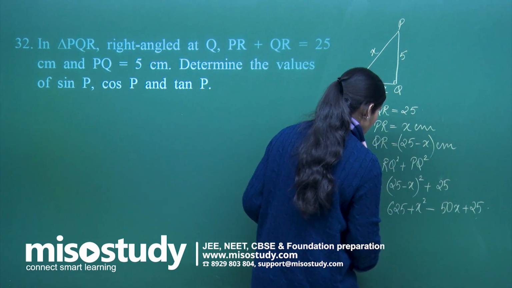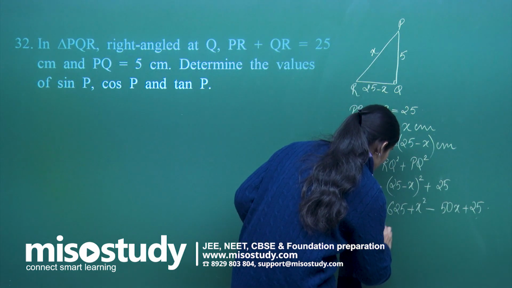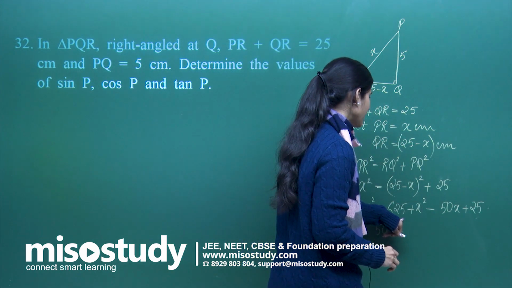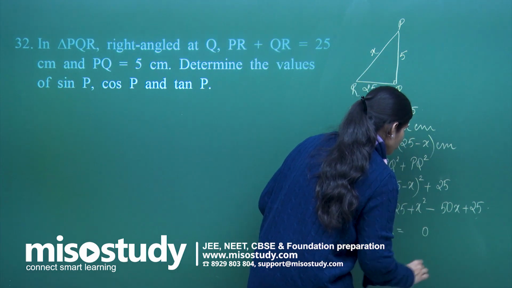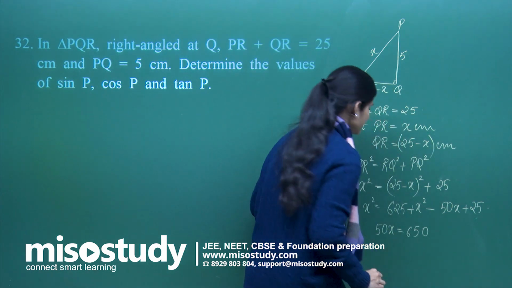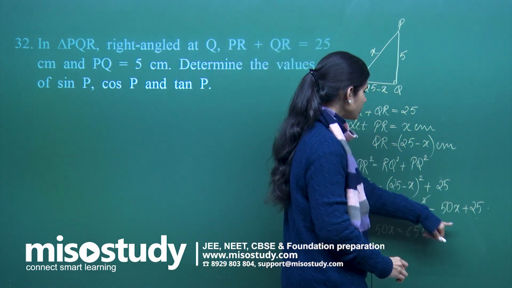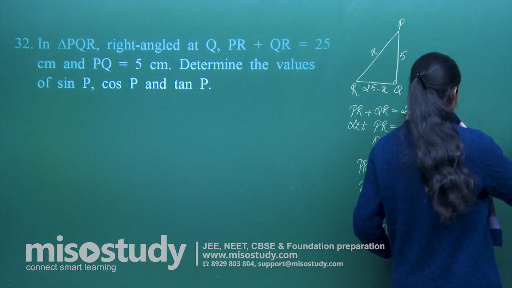Clear? So you have x square actually gets cancelled out. You are left with 50x equals 625 plus 25. So this gives you 5 plus 5 is 10, 2 to 4, 5, so 650. Because x square gets cancelled out, then you have 50x is equal to 625 plus 25, which is 650. So x